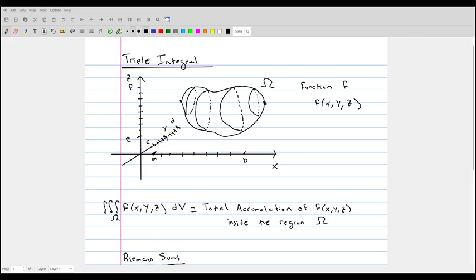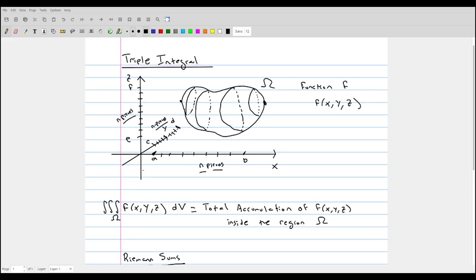And for simplicity, we'll say that we have the same number of cuts, so n pieces in this partition along x. We'll say we have n pieces in the partition along y, and n pieces